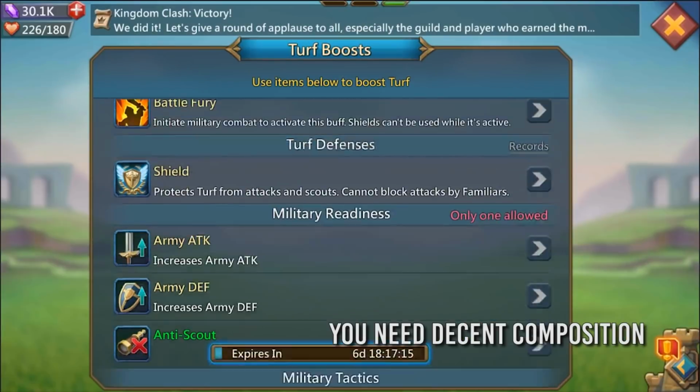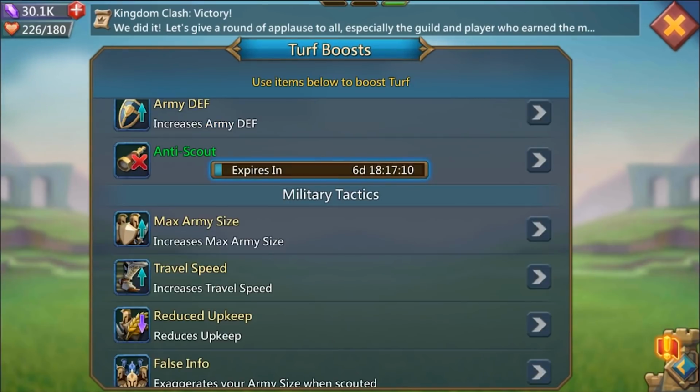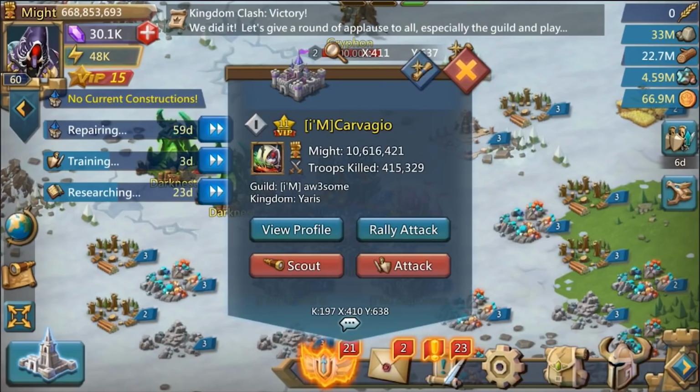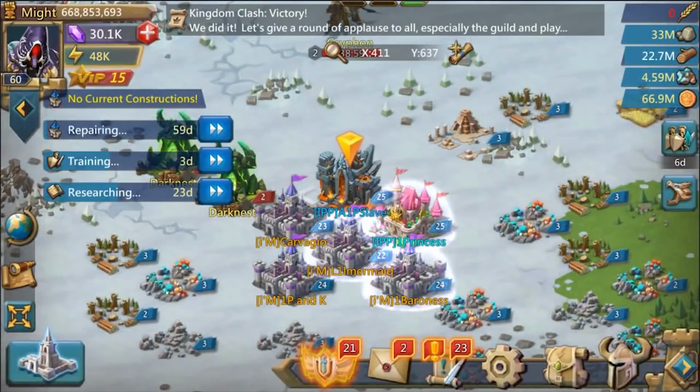So what I do is I'll pop a 50% army size boost, which is 5,000 gems. But then you go up and send a garrison. That's 375,000 per building. You can have up to 6 marches. Technically you could have more if you get more army size limit boosts, and there are like 2 more that I know of that I can grab. So I could have done up to 8, but it's 375k a pop, and I pretty much even out